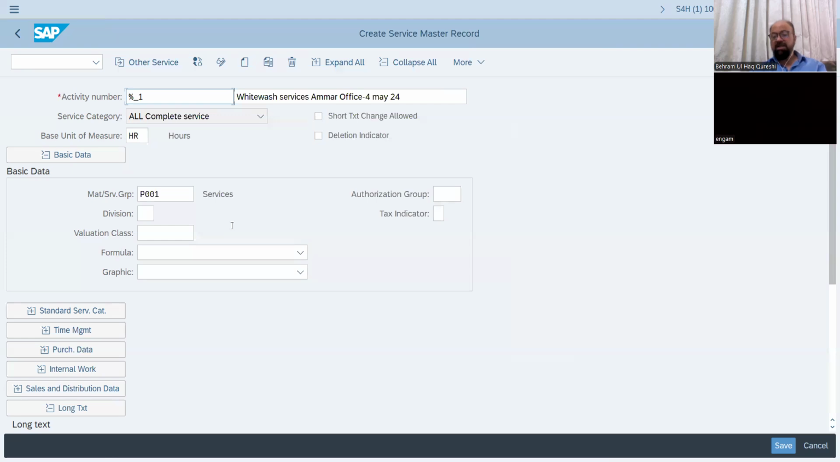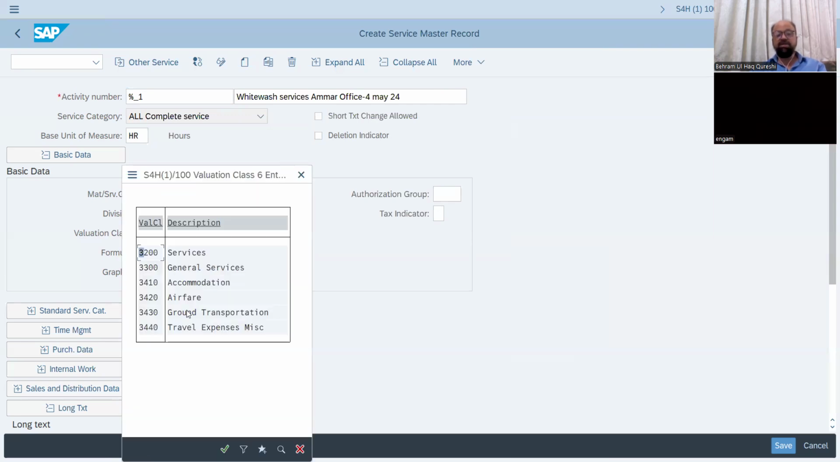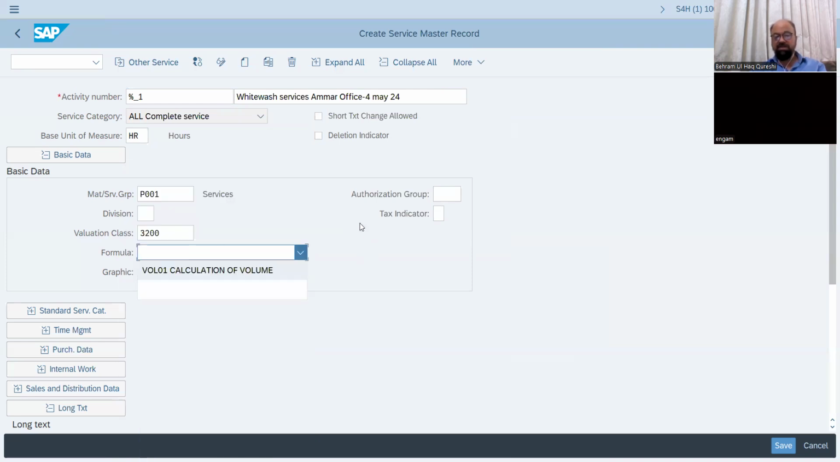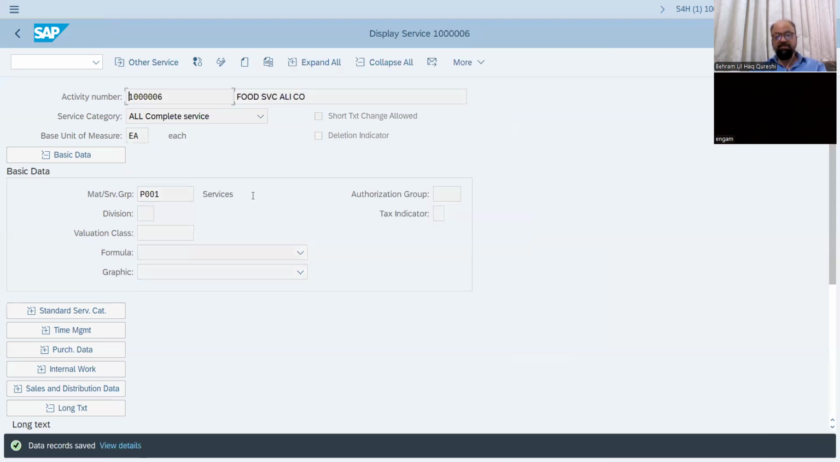Just like the material master, various material types have various valuation classes. You can see that for finished good it is 7920, for raw material it is 3000. We will see which is the valuation class. 3200 is the standard valuation class for the services. Okay, after entering this data, you can save it. You save the service master record, and once it is saved, you will see that automatically the activity